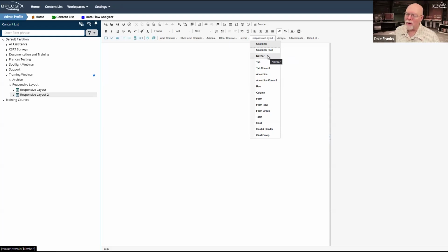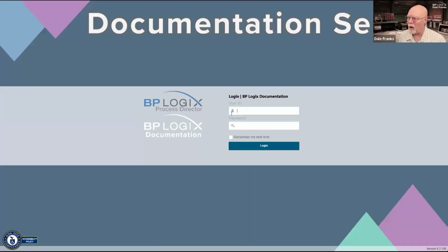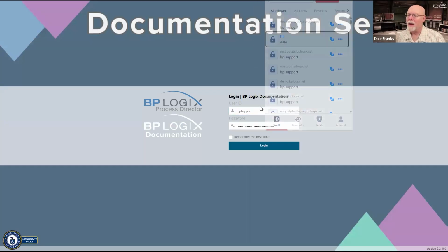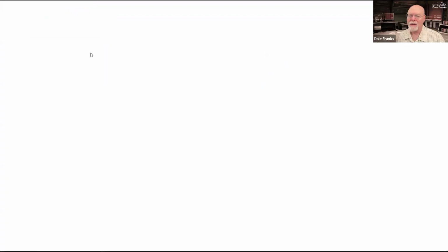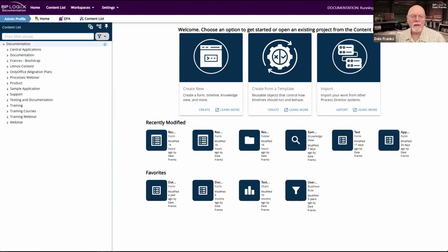I would argue that you probably shouldn't use the nav bar or nav item element, but that's a design and preference argument. That is not an official recommendation from Process Director. The next version of Process Director that we release will, in fact, if I go to documentation, which is running 6.1.200-ish or something around there. Let me fill that in from LastPass. And I actually went in and replicated this yesterday so that we could see the difference.